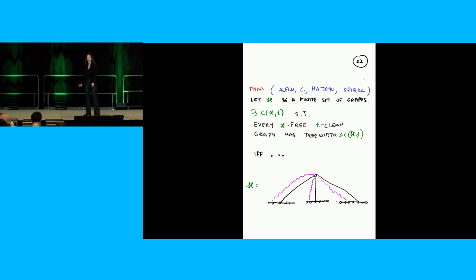And again, we can get an if and only if theorem, which I'm not going to burden you with. But there's a nice corollary that I am going to burden you with. Excluding the following nice-looking family works. So what is this family? You take a bunch of paths, and you take a vertex, and you give it a neighbor in each path. So here it is. And so far, that's one graph that I built, right? It's a bunch of paths and one vertex, and it has a neighbor in each path. That's one graph.